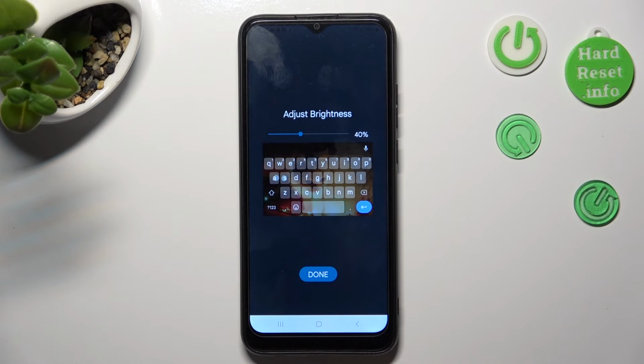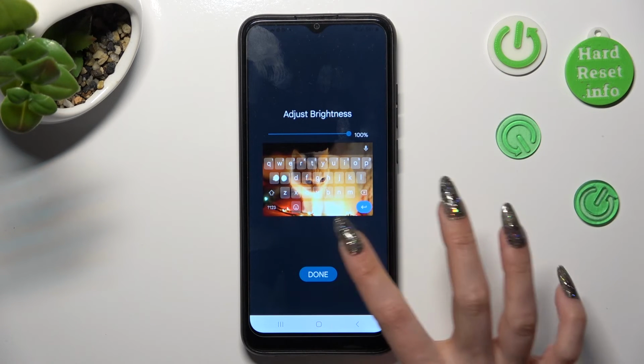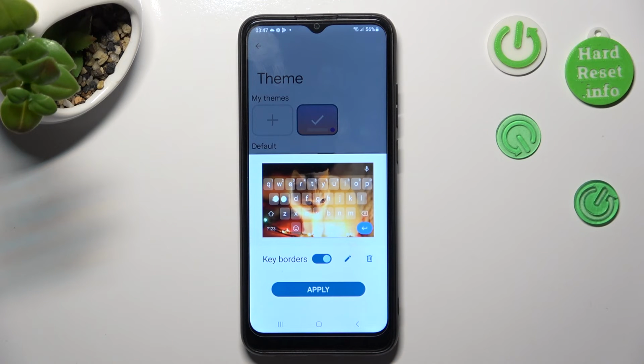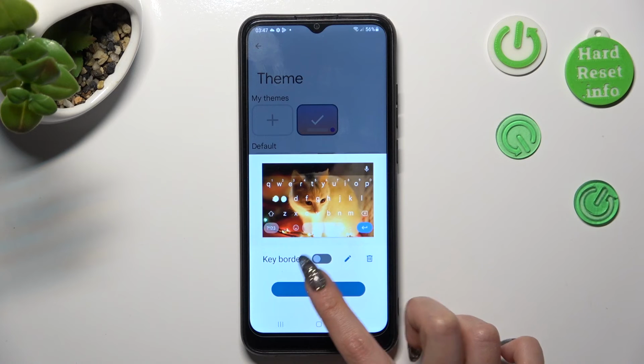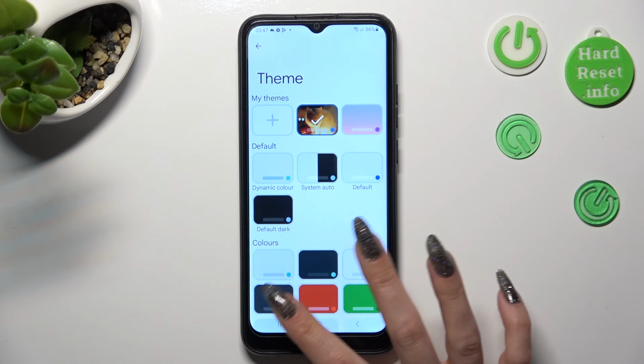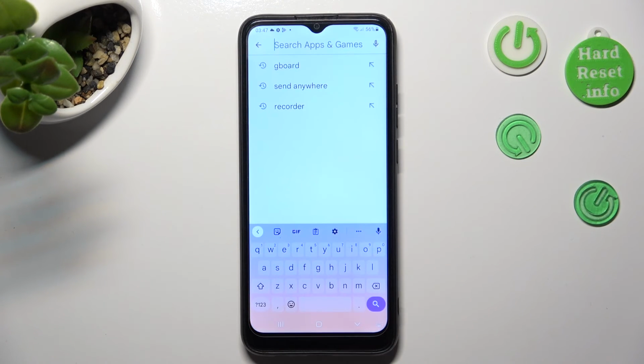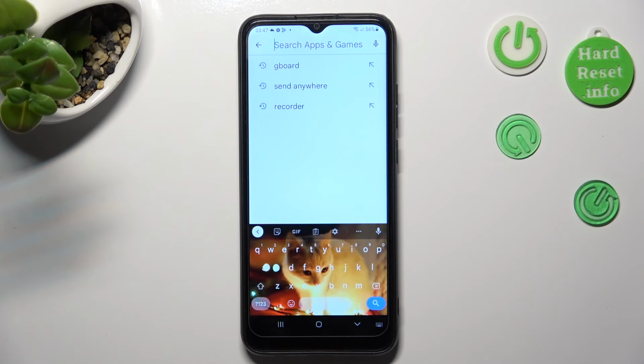Adjust brightness by swiping left or right and click on Done. Lastly, manage keyboard borders and tap on Apply. So when I go back this time, as you can see, theme of my keyboard was successfully customized with an